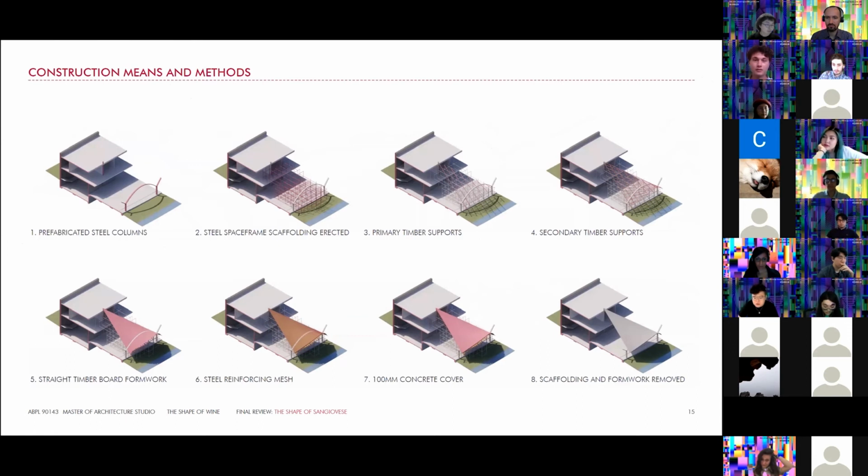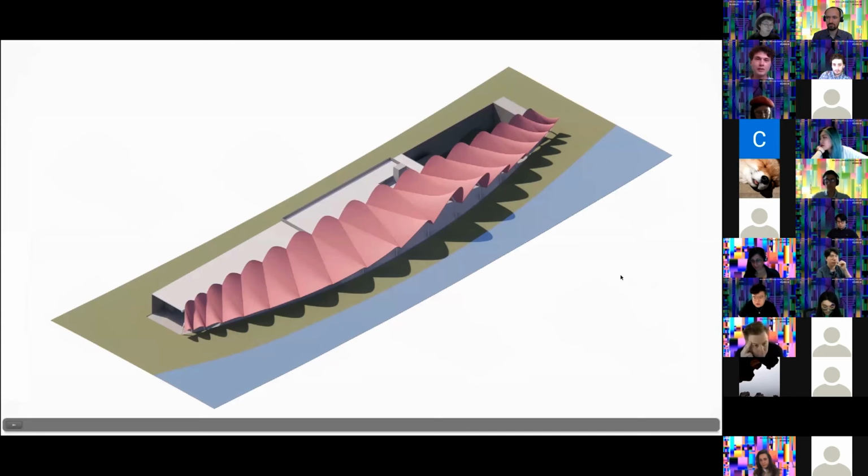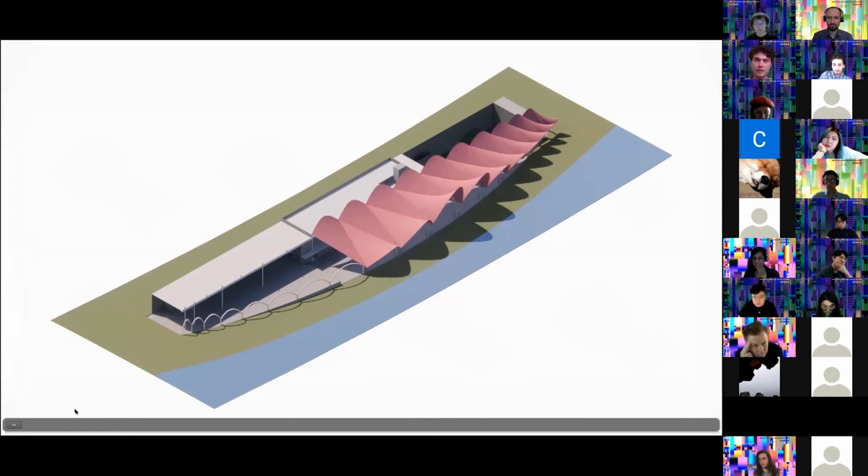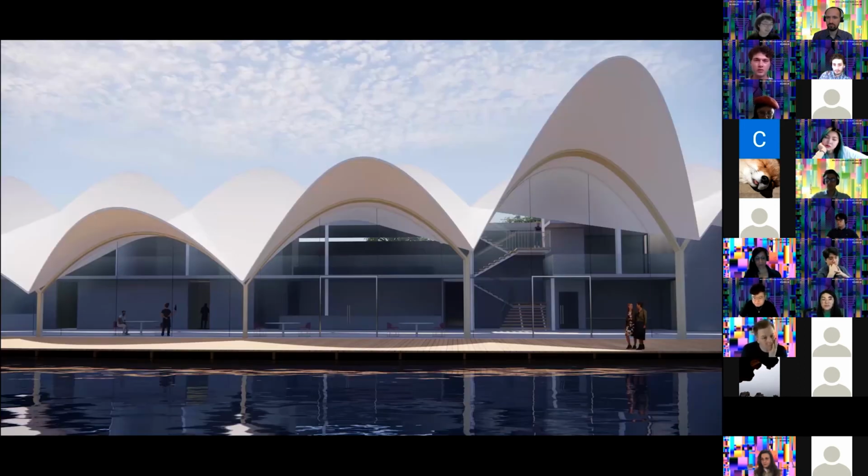Steel reinforcing mesh is then placed on top, along with 100mm concrete cover. The scaffolding and formwork can then be removed once the concrete has been cured. So we expect the entire shell structure to be completed progressively segment by segment, allowing for a greater flexibility to the construction process. A shell that expresses concrete as a material that is scaleless, plastic, and lightweight, juxtaposing with the